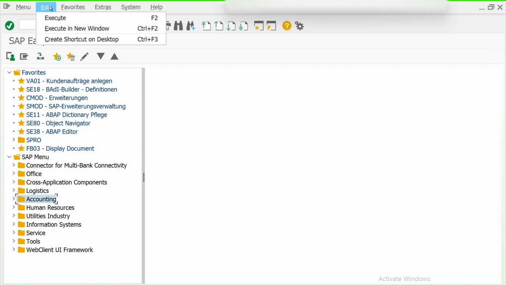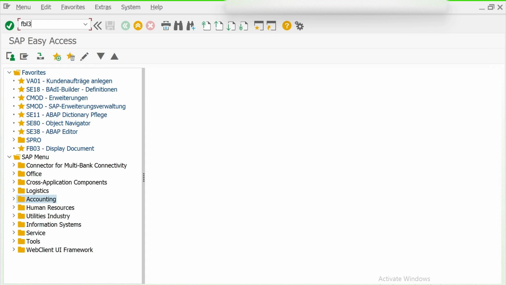Okay, now after that we have edit. Actually this edit part mainly depends on the screen. For example, if any screen is opened up and you want to modify something, then you can click on this edit. You have different options which can be used to edit that particular screen's inputs. So it varies with the screen. Here if you see execute in new window, only these options are available. Once you have a different screen, let me show you.